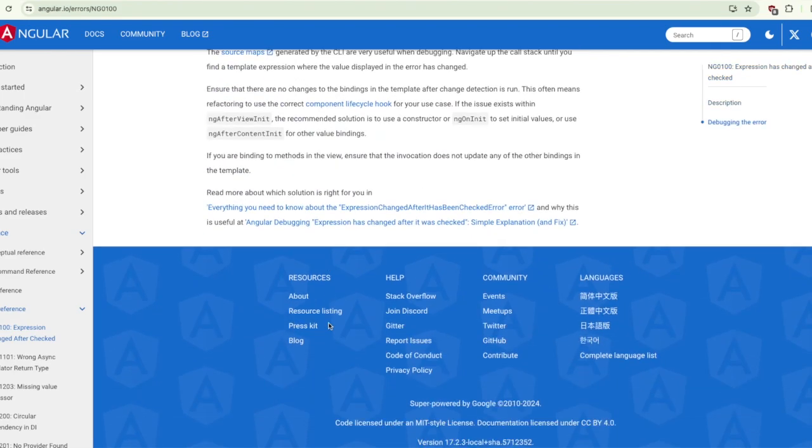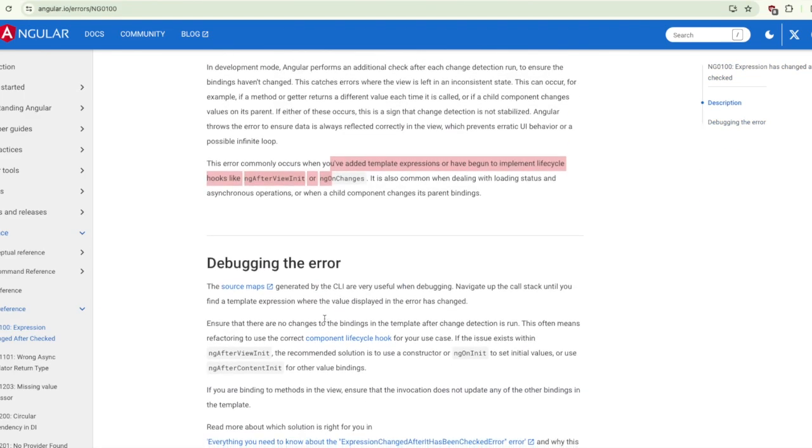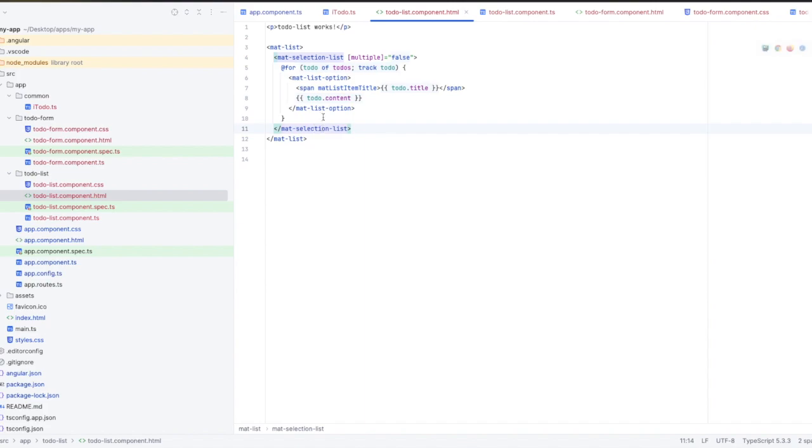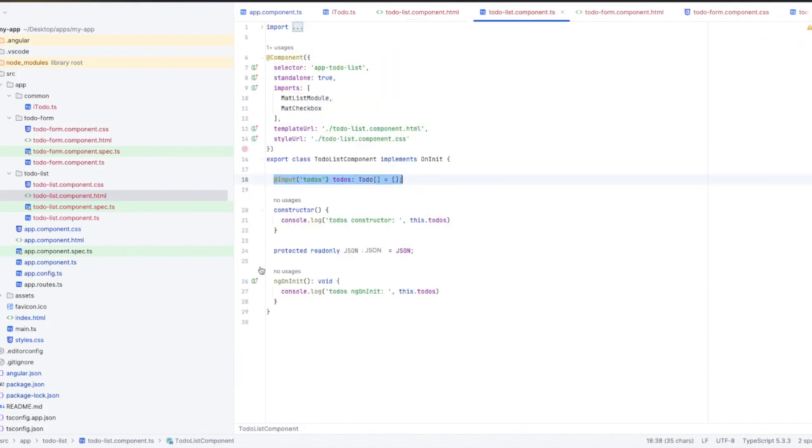In production, we will not have this, pretty much. But there are a lot of ways to contain it or avoid it. This could happen because you see here in the list, the to-dos we are accessing is actually changing during the